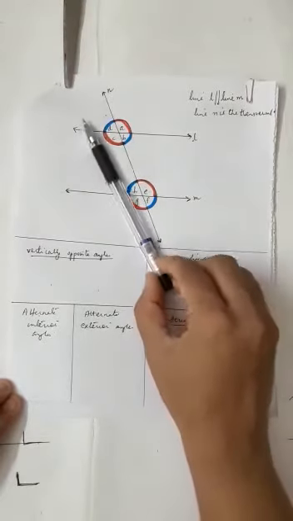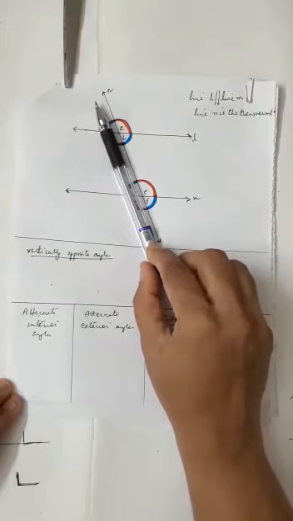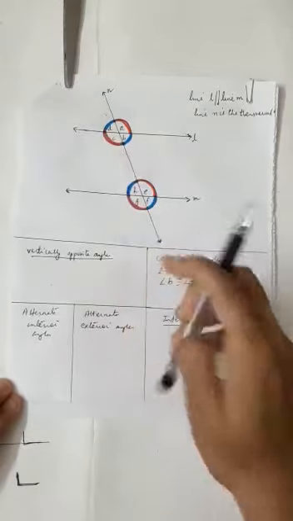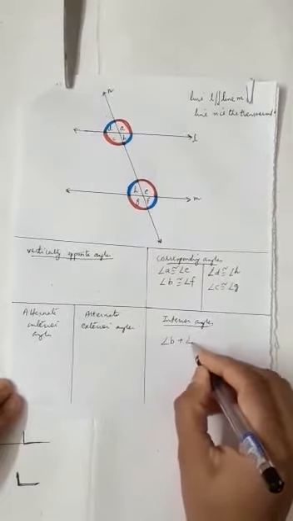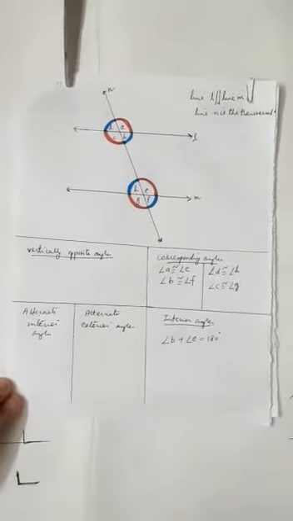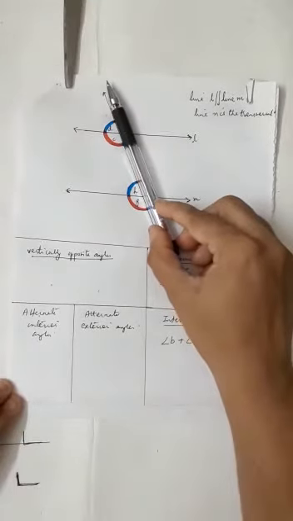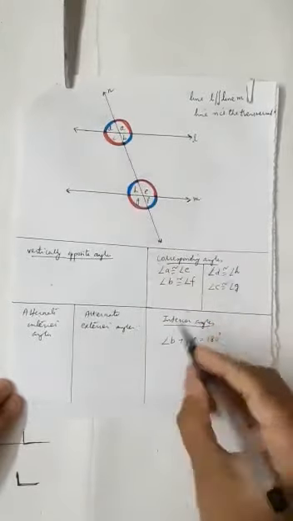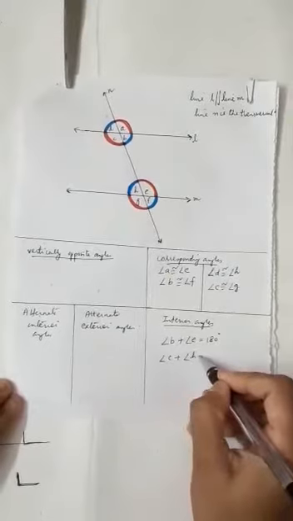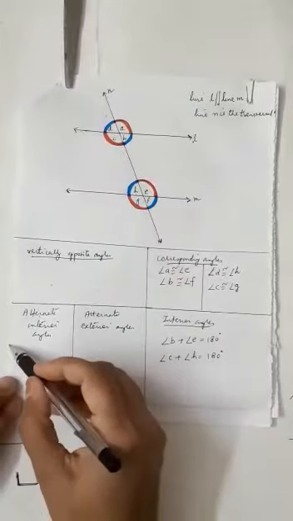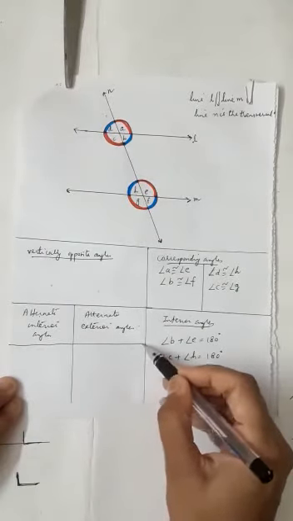Now, which two angles are along the right hand side? Interior angles, out of the 4 angles, which two angles are along the right hand side? It is angle B and angle E. So we can write angle B plus angle E is equal to 180. The sum is supplementary, and along the left hand side we have two angles, angle C and angle H, which are supplementary. So two pairs of interior angles.